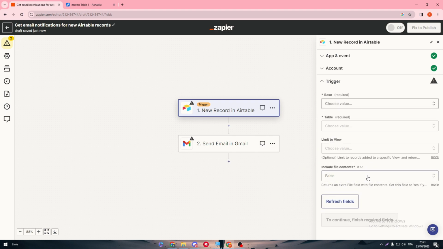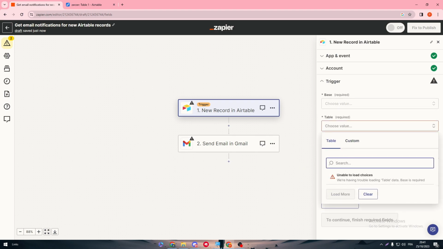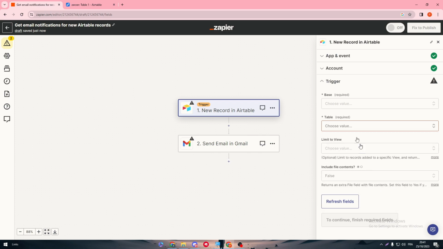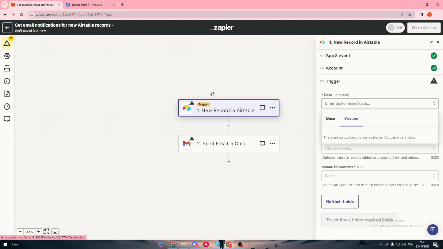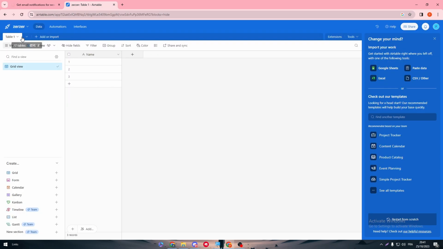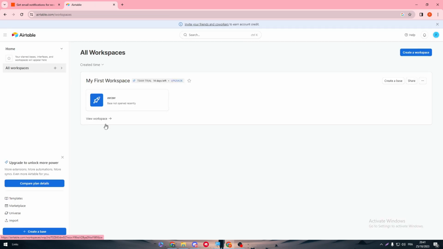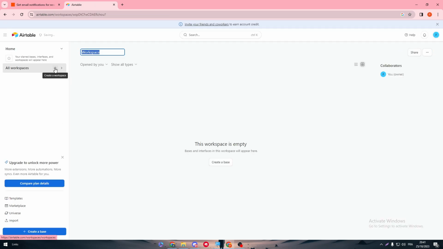And now let me just clear this. Here, normally enable to load choices. We are having trouble loading. Table database is required. So the base is required at the moment. Let me just refresh the page so I can find the base. It can take some time since my account just has been created. I can just create a new workspace,